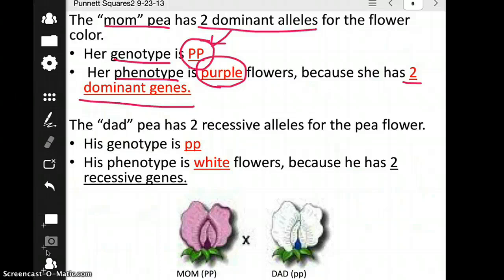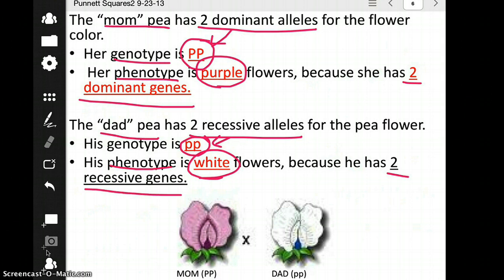Okay? Let's look at Dad. Dad's pea has 2 recessive alleles. Remember, recessive is lowercase, so his genotype is little p, little p, because there's 2 recessive alleles, right? His phenotype is white flowers because he has 2 recessive alleles. And remember, the recessive trait is the trait that's expressed only when there's no dominant. And because he has both recessive here, there's no dominant, he's going to have white flowers. Alright,